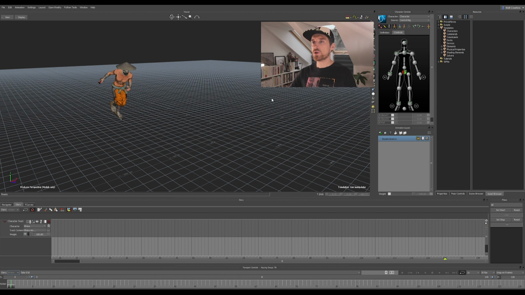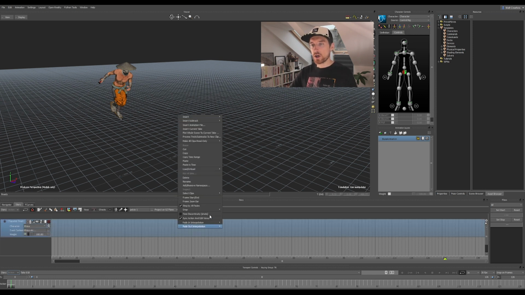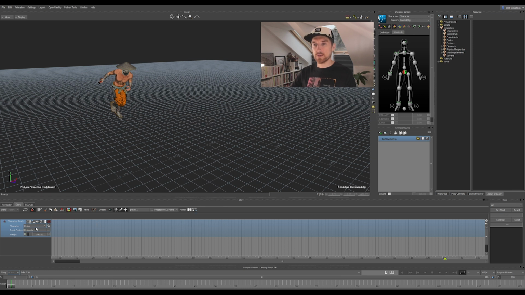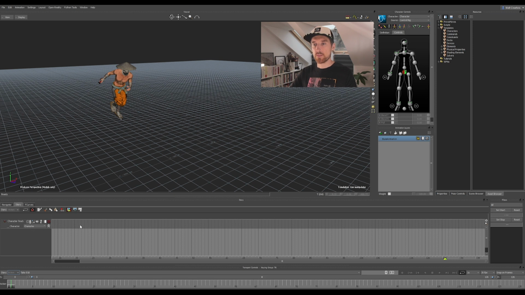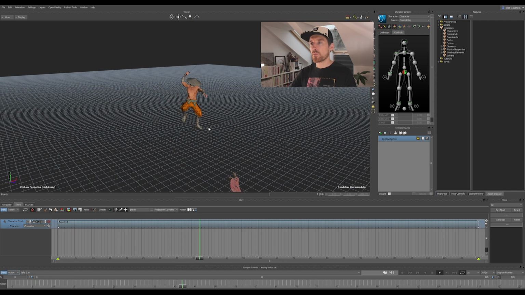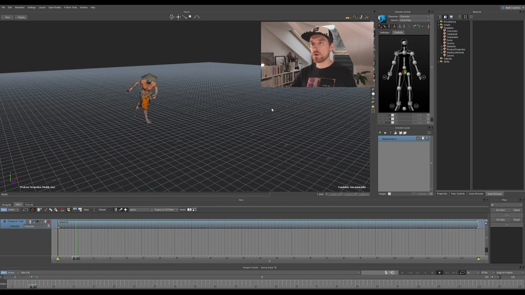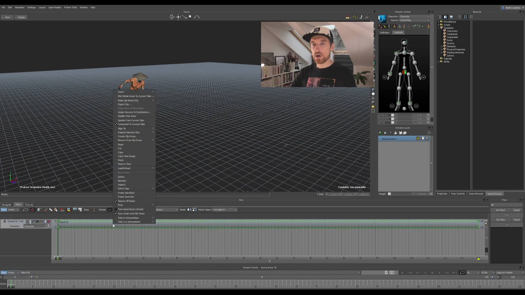And then the last thing I want to show you is the ability to export clips from the story and import them on another FBX on the character that would be compatible. So I'm gonna create a new character track, select my character, and then insert the current animation, which is the run 2 combo that we've been creating. And then I'm gonna right click on the clip, making sure the story is turned on, and I will hit export clip.